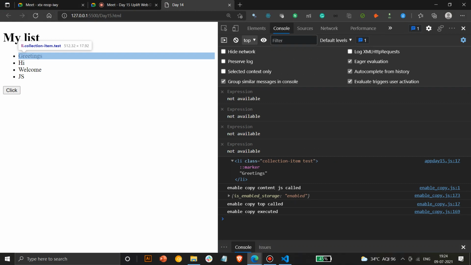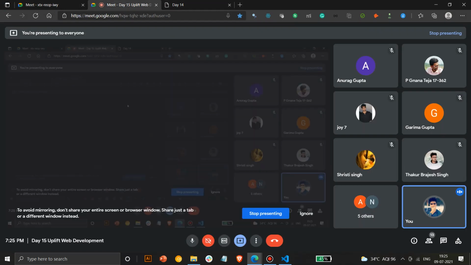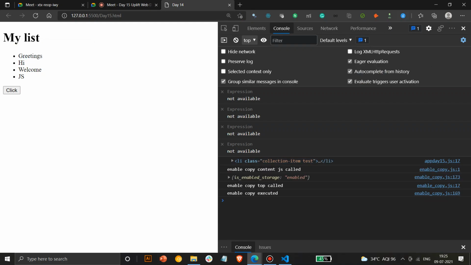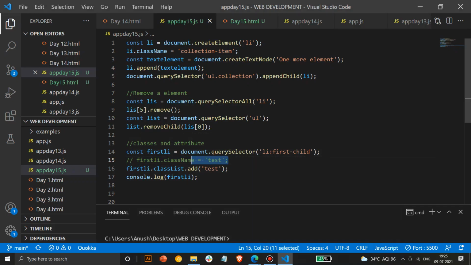Is this clear? Is this what I have explained? Are there any doubts with this? Just let me know, I'll explain this again. Any doubts? How I added a li item? If you do it this way, it won't get added. Sir, can you explain it again? This one only. Okay. Yes, sir.